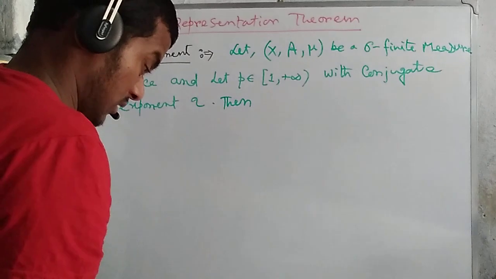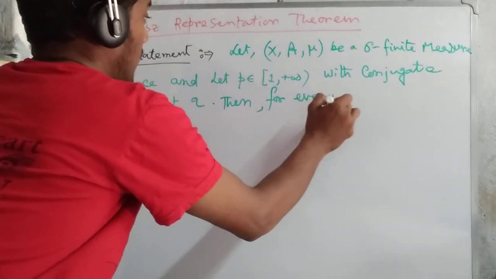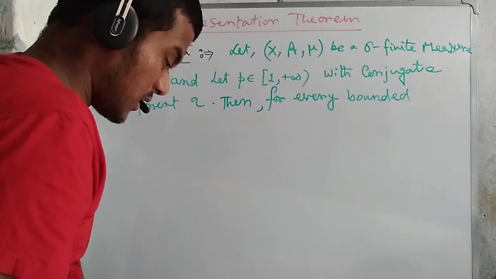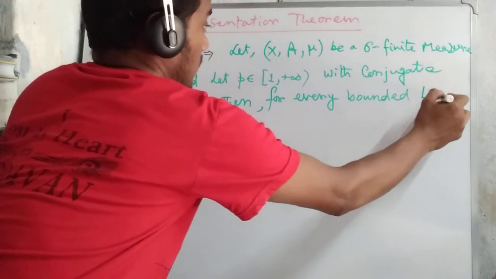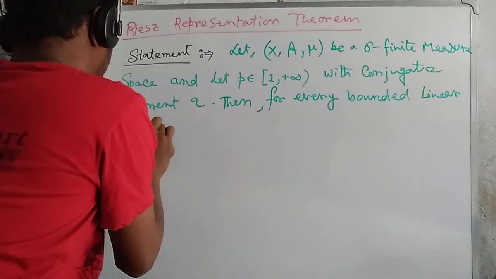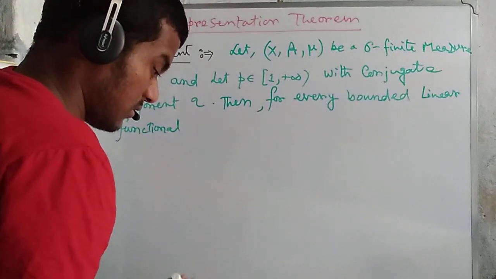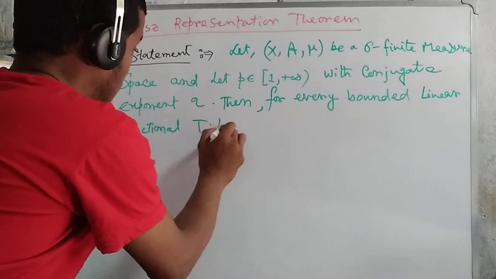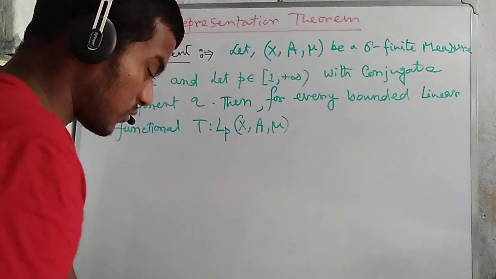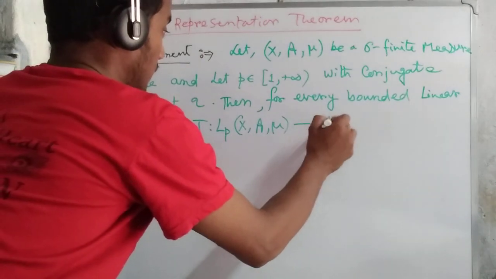Then for every bounded linear functional T, here T: LP(X, script A, mu) to K,